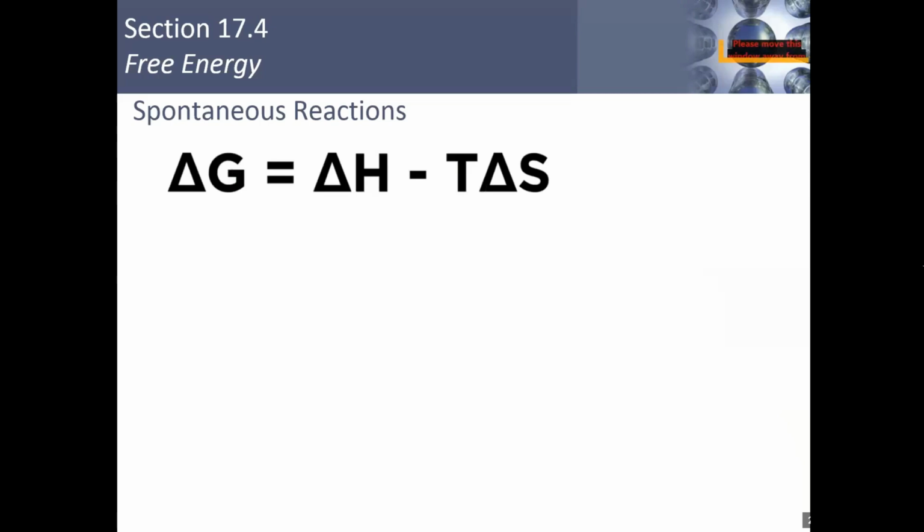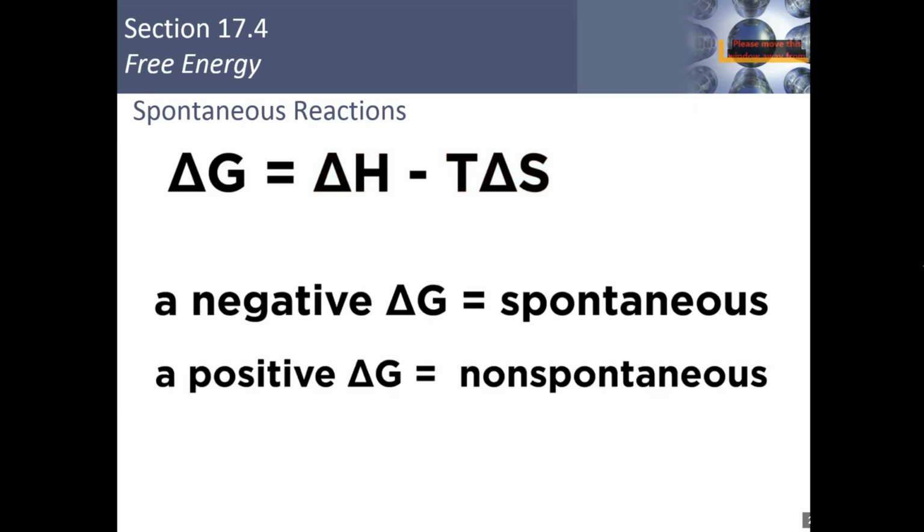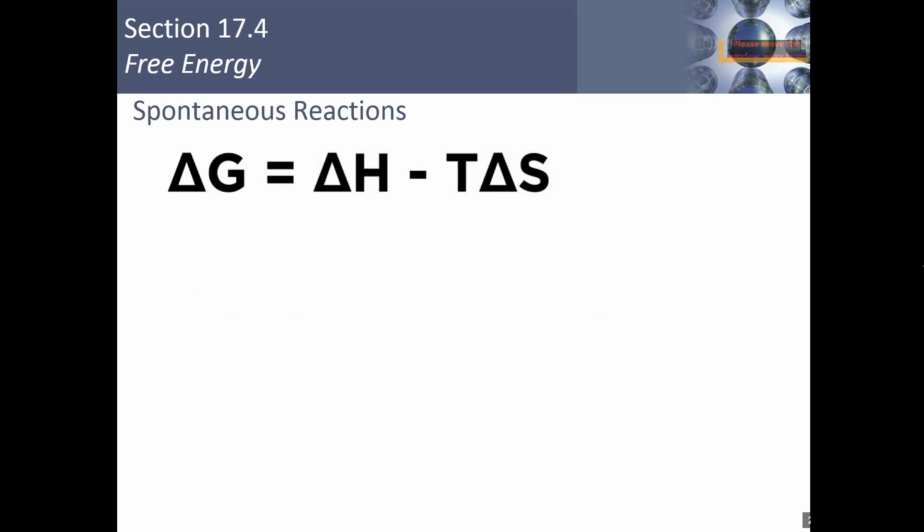Change in Gibbs free energy is given by this equation, which includes change in enthalpy, change in entropy, and temperature. If delta G is negative, the process is spontaneous. If positive, it is non-spontaneous. So we can use this equation to see how a spontaneous process can be either enthalpically or entropically favorable, or both, but not neither. For example, if delta H is negative, which means exothermic and energetically favorable, and delta S